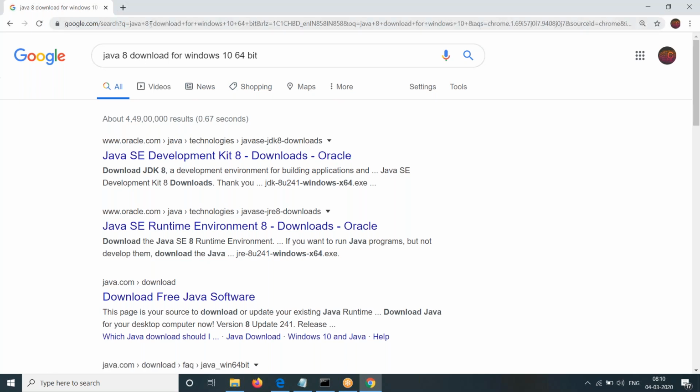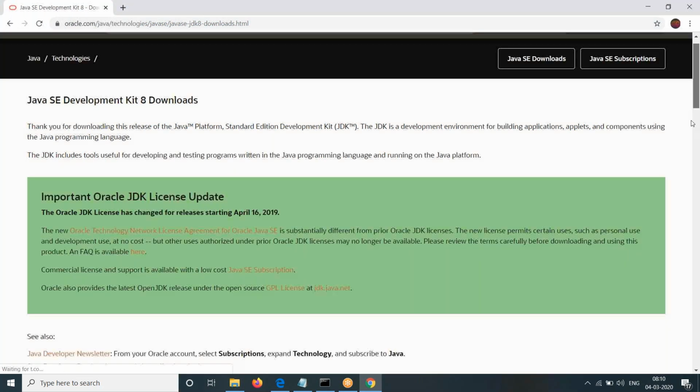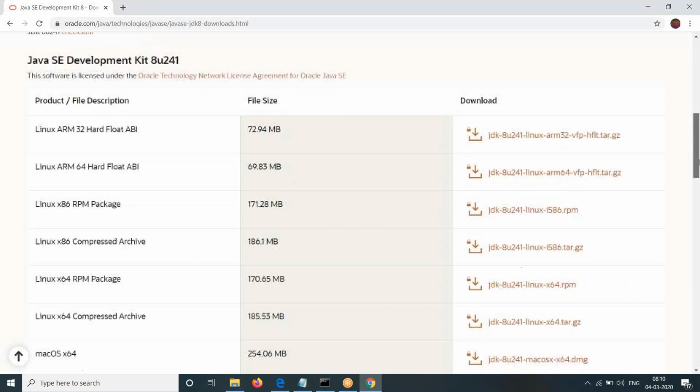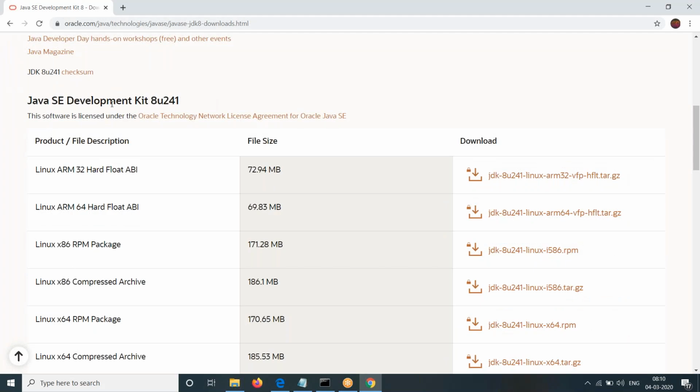Go to the browser. I think you are following, right? I'm going very slowly so it's easy for everyone to follow. And then click on these downloads. I already have most of the downloads, but still you can see here it's showing Java SE Development Kit,